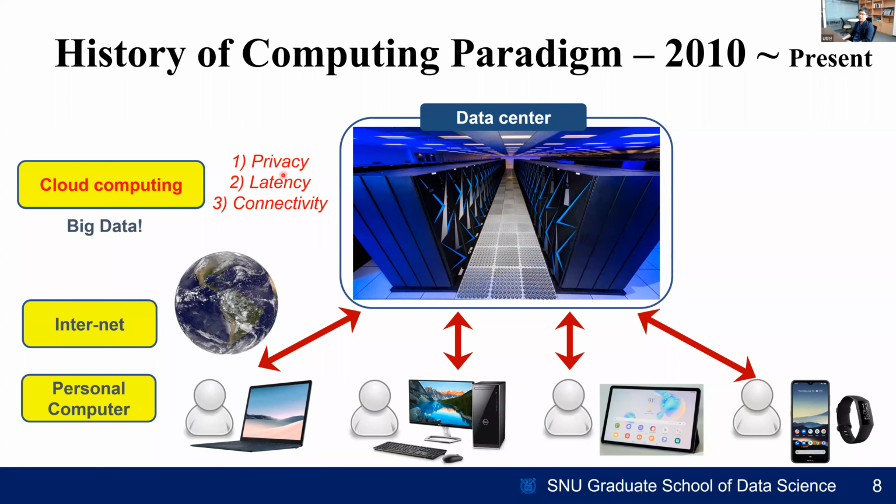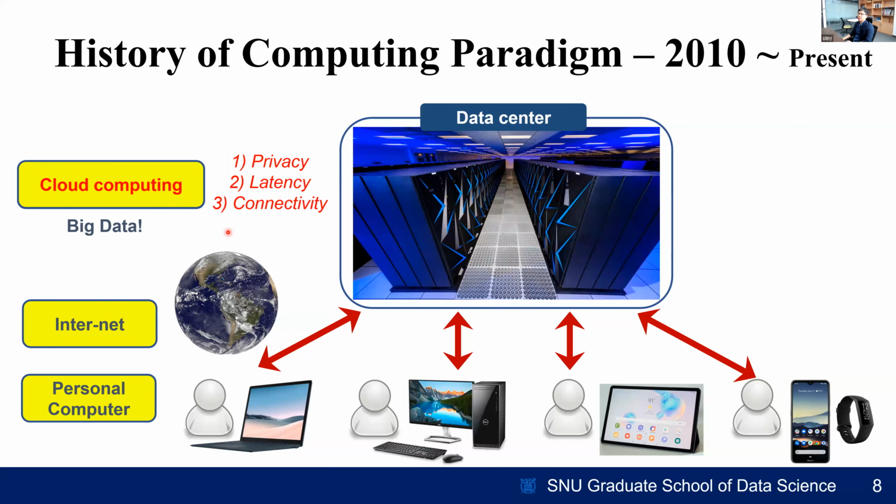These three problems. First, since much of the data that these small IoT devices gather is private, sensing some private information around people, right? Delivering the data through the internet and storing and processing the data at a third-party server causes significant privacy leak. If you send your private information to Google Cloud, that means Google knows your private information. Also, communication vendors such as KT and SKT, as you might know, have countless private information, including what kind of words you are searching through Google.